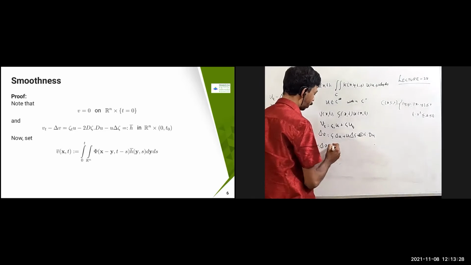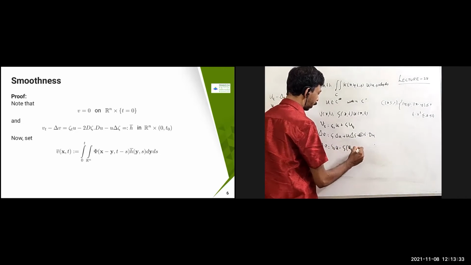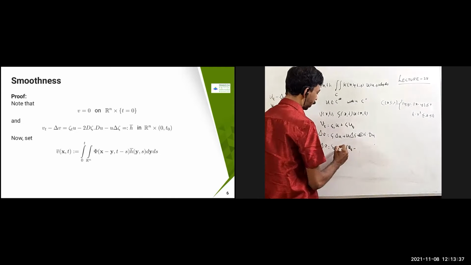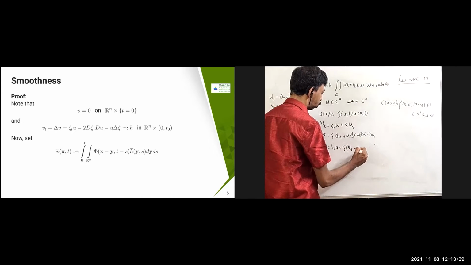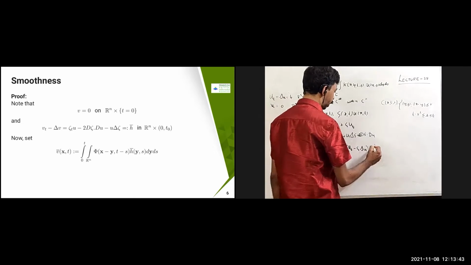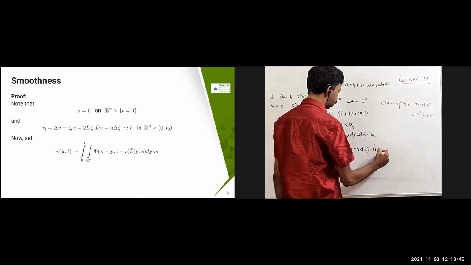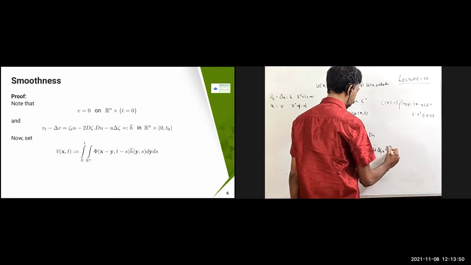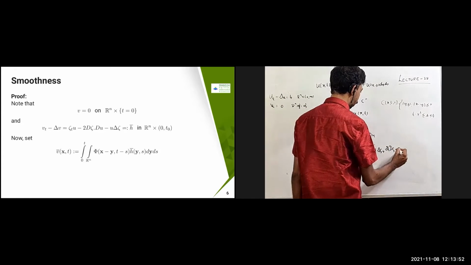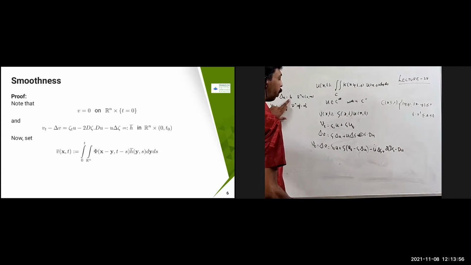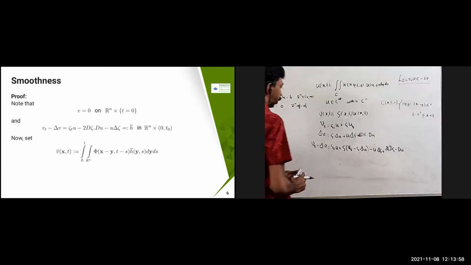So what is it going to come? ψ_t u minus ψ u_t, minus ψ... sorry, I'm going to take it out, plus ψ_t into minus ψ Δu. Okay, minus this is going to be the u Δψ. Okay, u Δψ is going to be there, plus 2 ∇ψ · ∇u is going to be there. Now what is this one? u_t minus ψ Δu, it is going to be h. Okay, so therefore this is going to come like h.